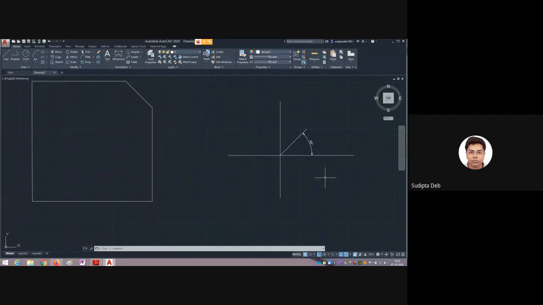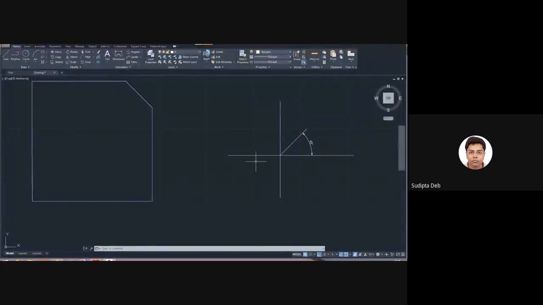So the anti-clockwise direction will always be positive. If I calculate from the positive x-axis, this is 90, this is 180, this is 270, then I am going to 360 again. This is the clockwise direction, it will be negative.